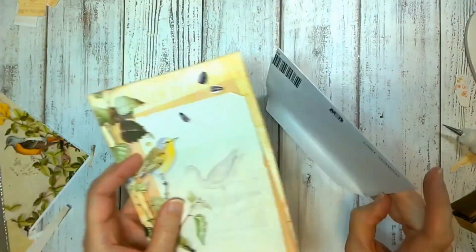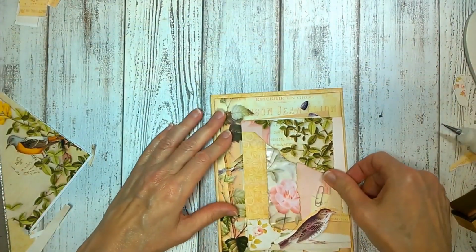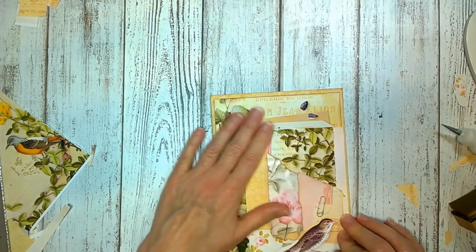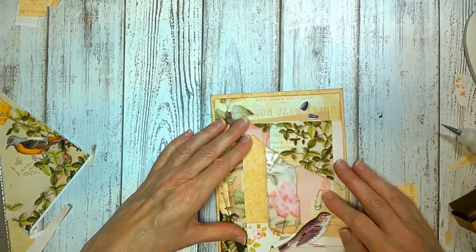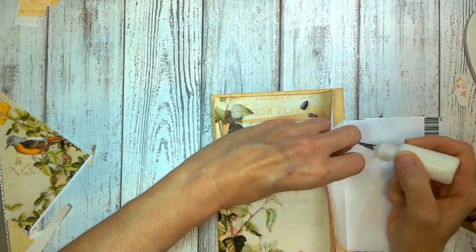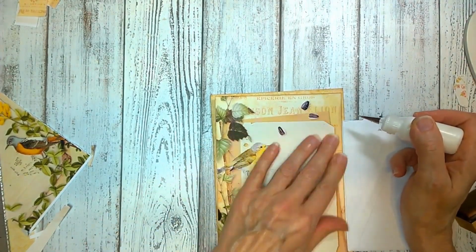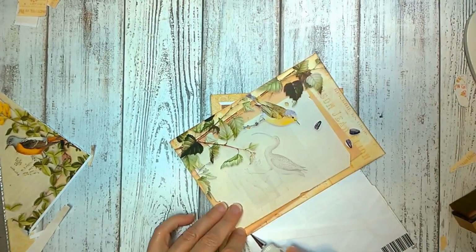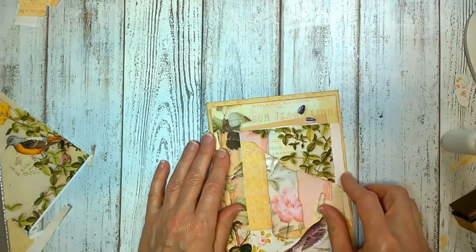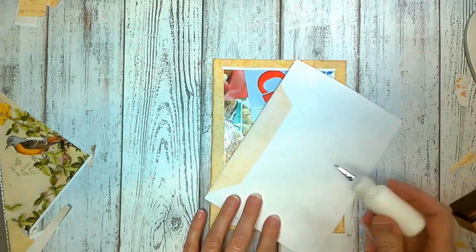Now we're ready to attach it to the inset page that's going to go over the cardboard. And yeah, we're going to glue that together. I didn't like that white up there, so getting that covered up. And I'm going to glue it to that page. Now it's ready to